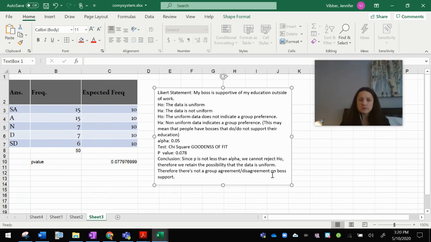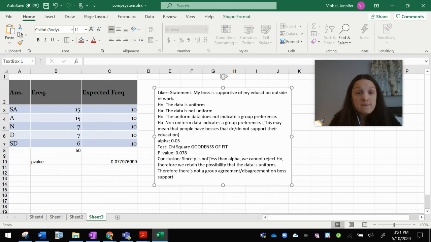Now, what could you do with this information, let's say, if it was in your project? Well, if you wanted to show that your company supports your education, you would want P to be less than 0.05 because if P is less than 0.05, it means there's a group preference toward agreeing with the statement that your boss supports your education. So just because we can't reject the null hypothesis doesn't mean this isn't usable information. In fact, to me, this is very usable information because what it's showing is people are all over the map, which means if your company is trying to project that we support you going back to school, this data doesn't